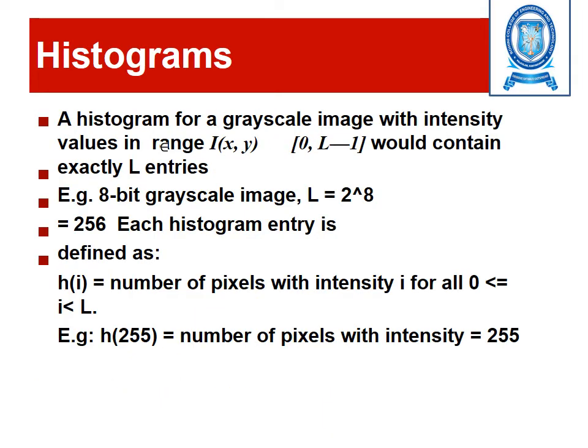For a histogram, first of all we have to take an image and note down the grayscale of that particular image. The range of the histogram can vary from 0 to L minus 1, and each 8-bit gray level is noted. We calculate by noting down the gray level using the formula L equals 2 power n, where n is the number of bits for the gray levels in an image. Here, for example, I have taken n as 8, so 2 power 8 is 256.